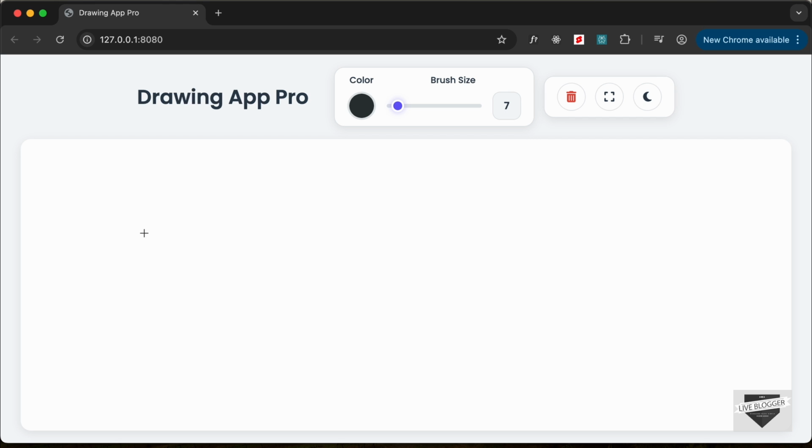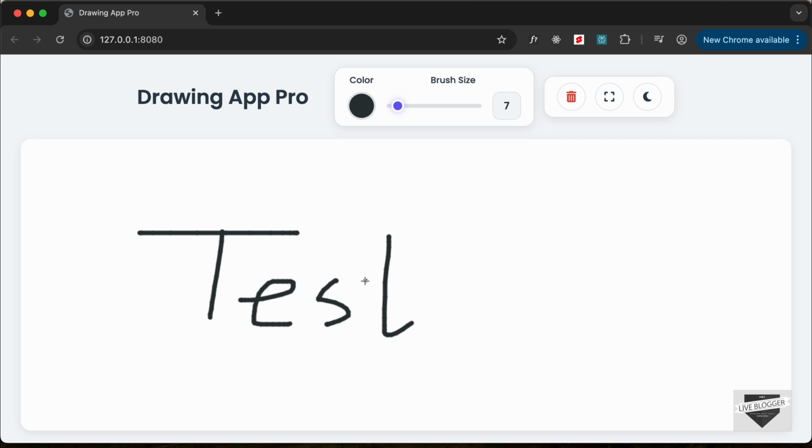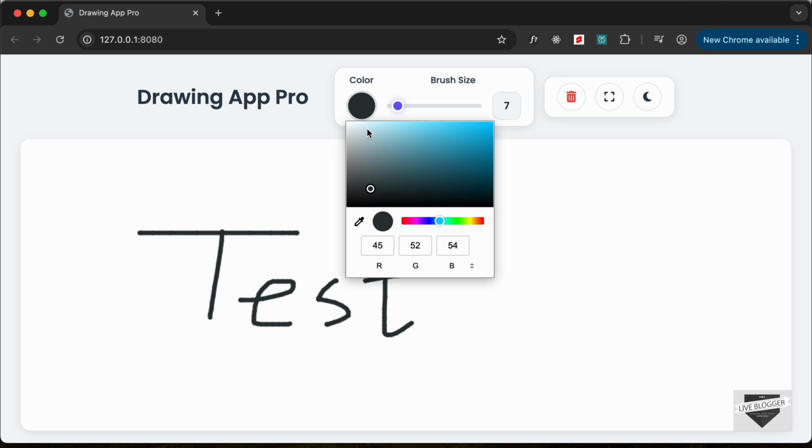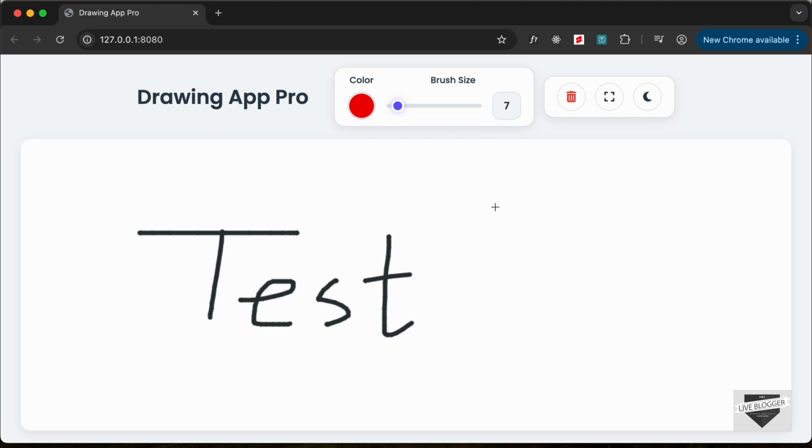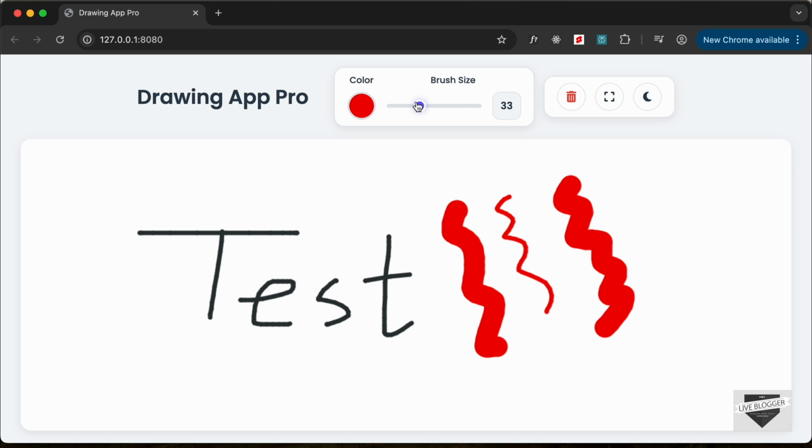So for example, if I draw something over here, we can see that we are able to draw whatever we want over here. And we also have the option of changing the colors. So for example, if I change this to red color, and if I draw something, we can see that we have the red color over here, and we can also change the brush size. So if I increase this, we can see that the brush size increases,